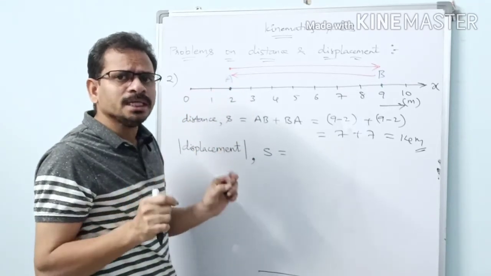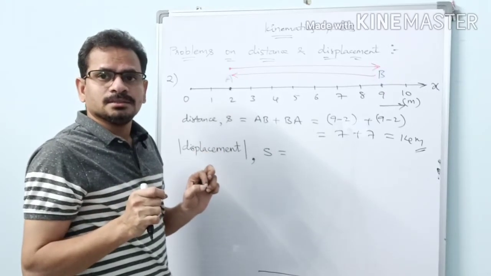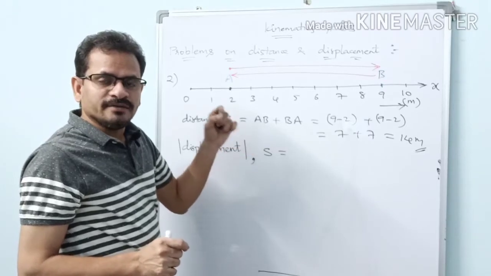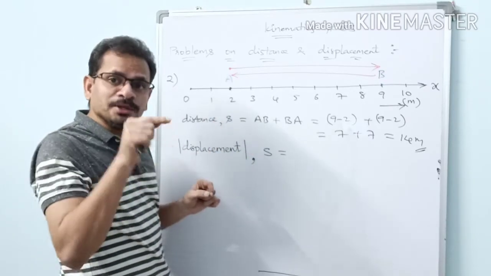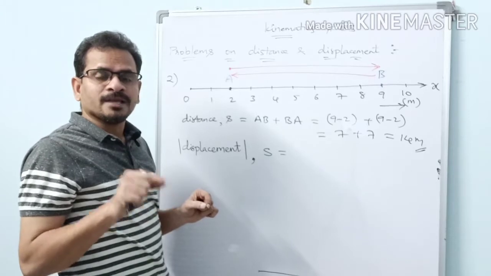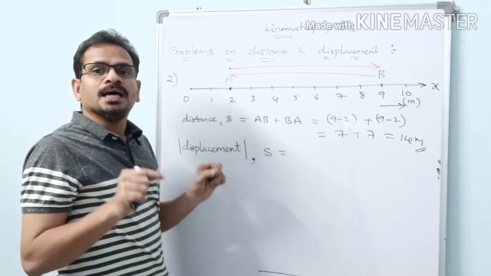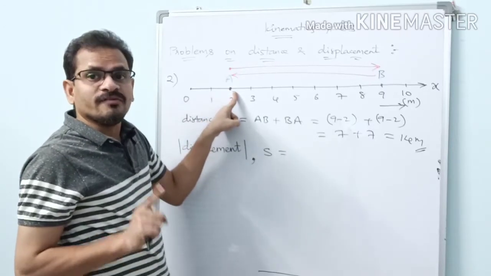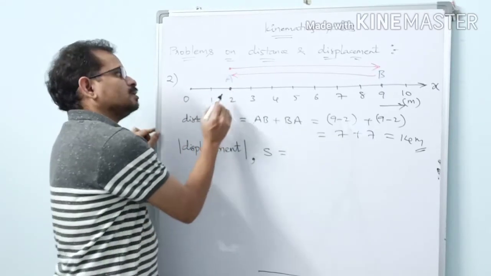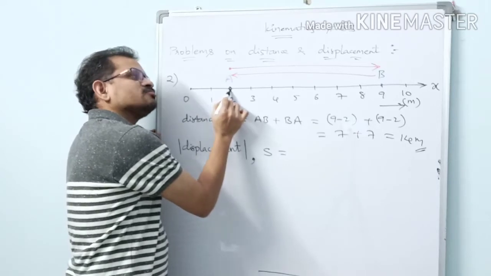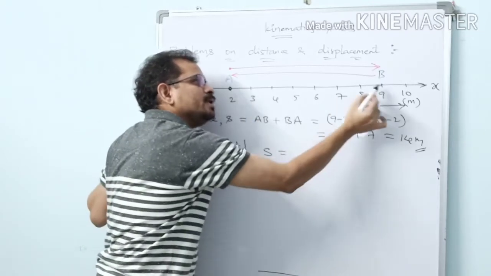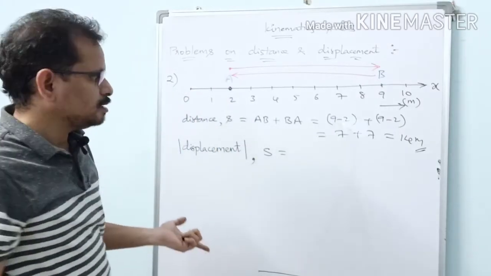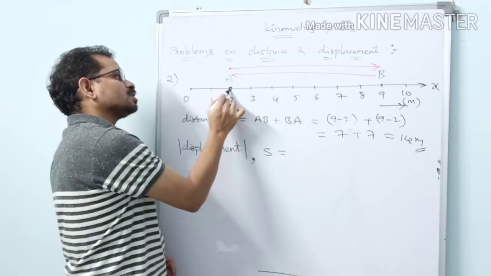So we are following definitions. We are not doing these problems on our own here. So what is the definition of displacement? For the magnitude of displacement, it is the length of the straight line joining the initial point and the final point. So what is the initial point here? A. What is the final point here? It is going and again finally reaching this point A. So the initial point and final point, both of them are the same.